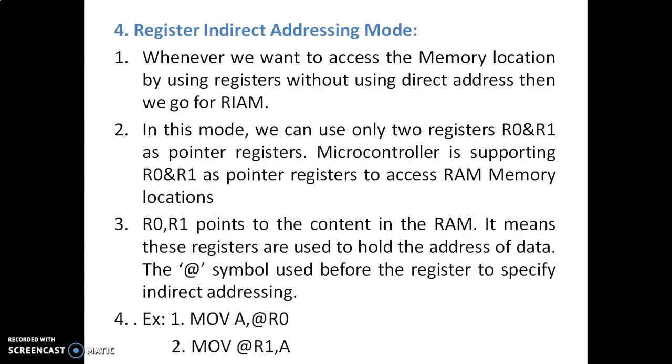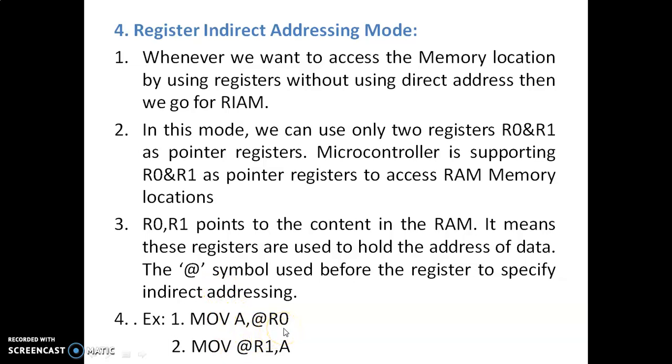Whenever you are accessing it by register names, you have to use only the pointer registers, that is R0 and R1, which we call RP. RP stands for pointer registers. That RP consists of two things: one is R0 and the other is R1. Now remember, we use the @ symbol before the register to specify the indirect addressing. Now, whenever you write MOV A, @R0,